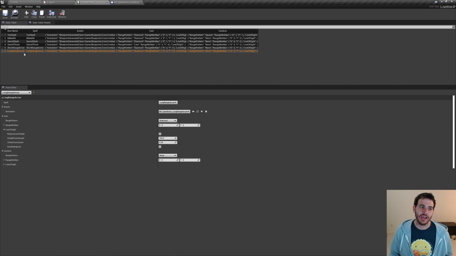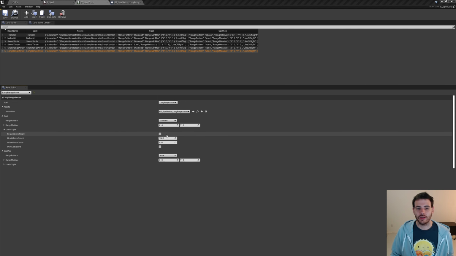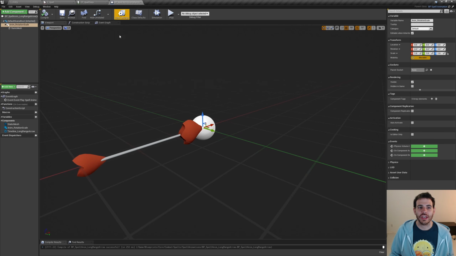So in the data table, I added myself a new row for the long range arrow, which has the same name as the enum, which I selected right here, long range arrow. And then we have the BP spell name long range arrow that we're using. The range is a diamond. The range min-max are 4 and 6. And I don't want to use the line of sight for this spell. You can use it if you want to, but in my case, I don't want to. So here we go. Now we can save the data table, the enum, and we can go check how the